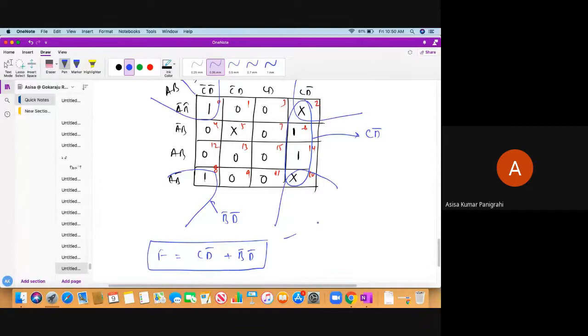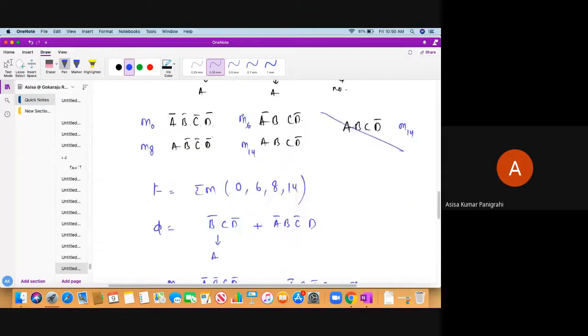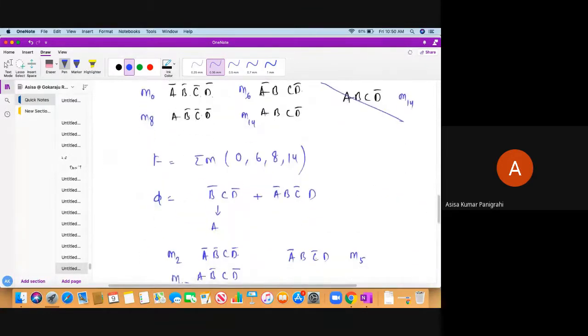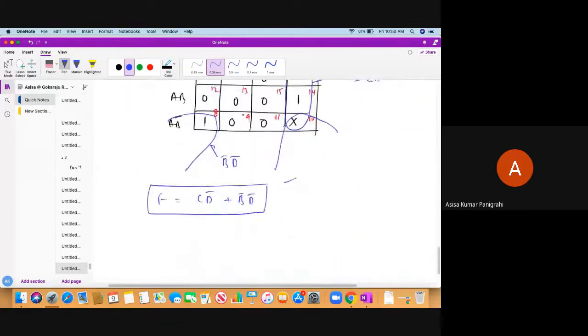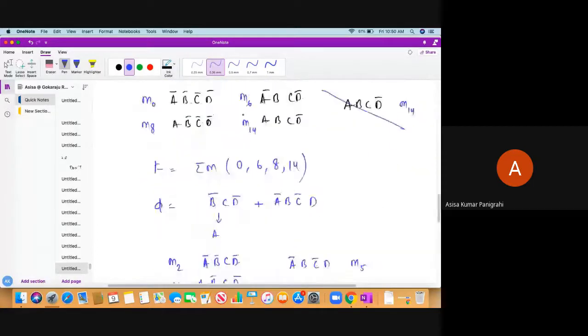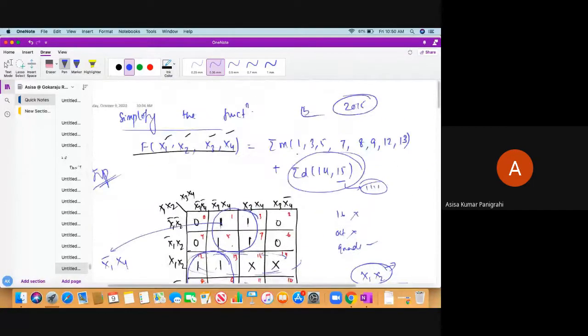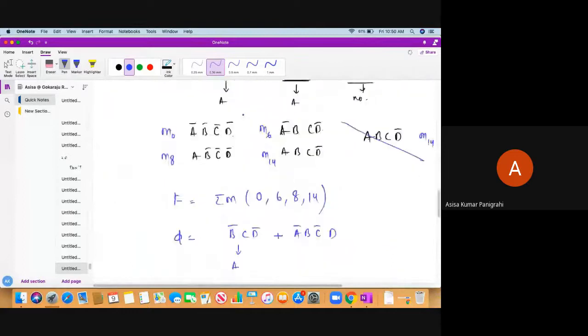So we'll wind up the don't care condition here. We have done many problems along with the don't cares, and how to do it when a function is given, we have also checked. If the function is given, we have to convert it into canonical SOP, then we can combine it along with the don't cares. All these different varieties of problems we have done. Now your job is to practice it.